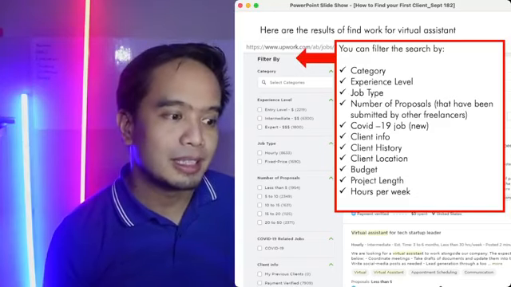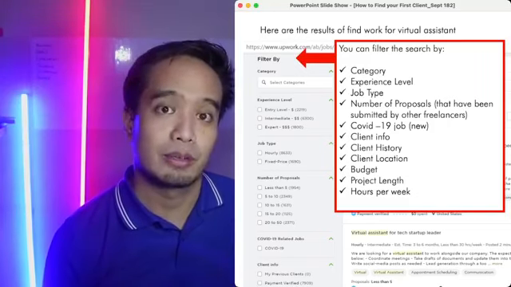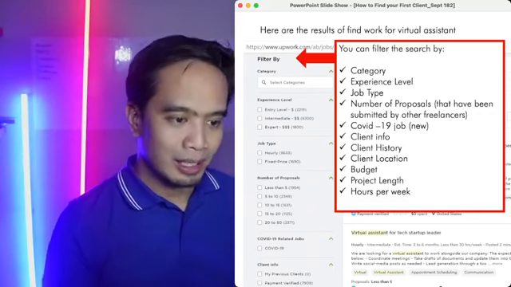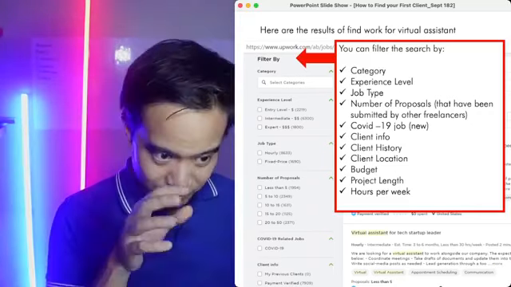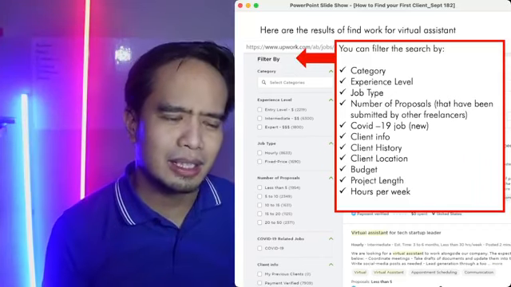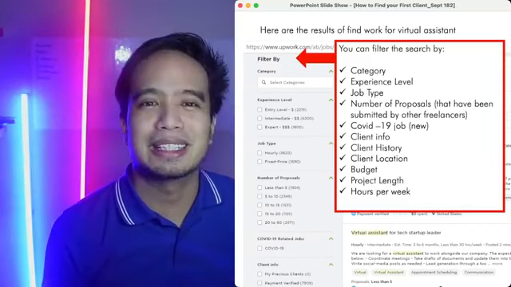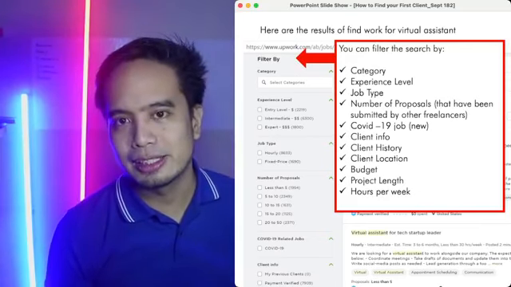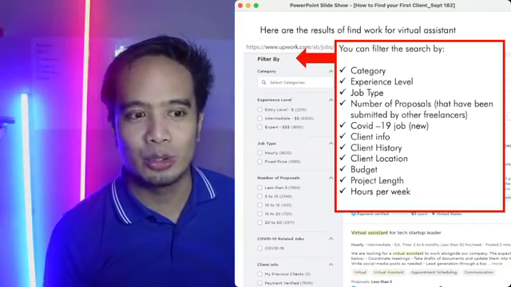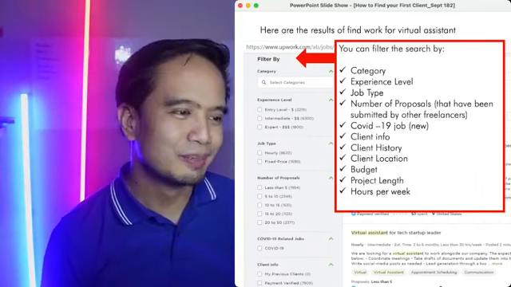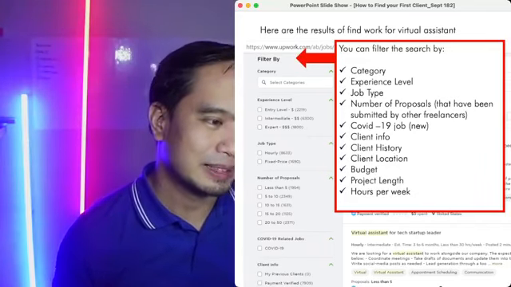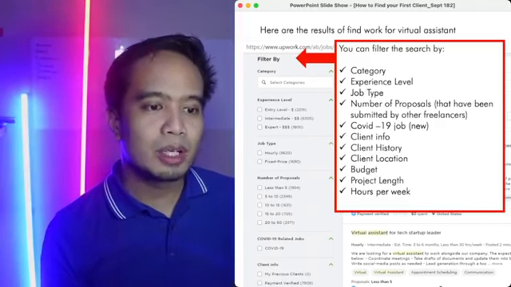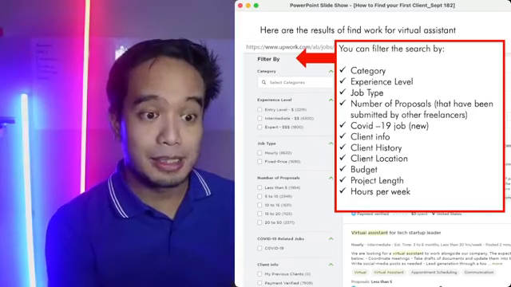Number of proposals, this is how many other people are applying for the job. Less than 5, marami pa rin. Kita nyo yung less than 5, 5 to 10, 10 to 15, 15 to 20, 20 to 50. Kung 20 to 50, wag na kayong umasa. Most of the time, ha? Kung nakikita nyo na may 20 to 50 proposals na dito, wag nyo sayangin yung oras nyo, yung connects nyo. Yun ang advice ko. Kasi ang dami na. Parang, ang dami mo ng competition dun. Sige. But you can filter the results based on these.